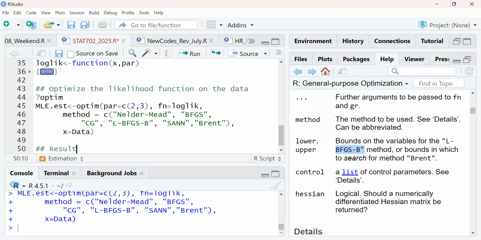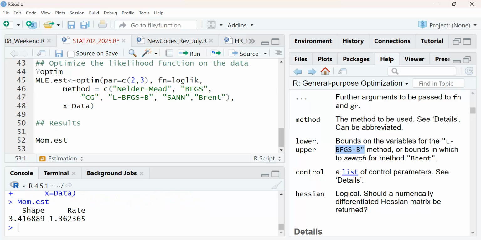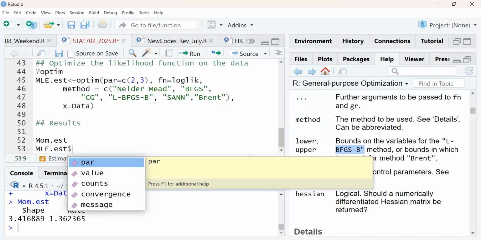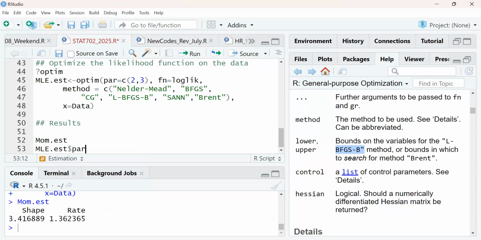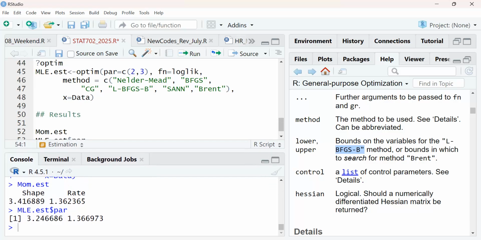So results, mom.est. And if I want the MLE, I put star here and mle.est, and then I put the par. It's only the parameter that I'm interested in. Okay. So this is how it looks.